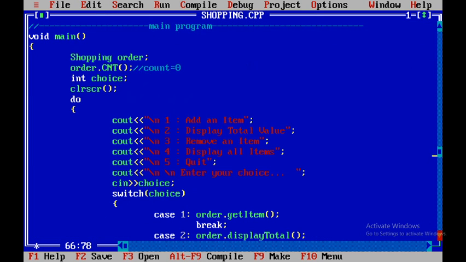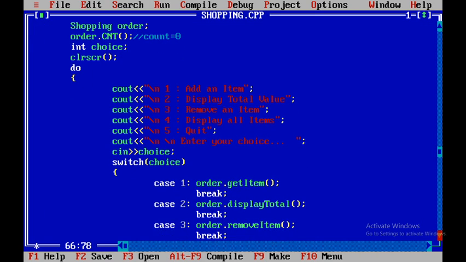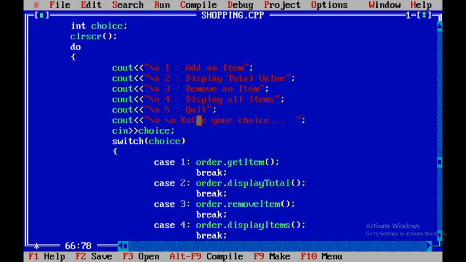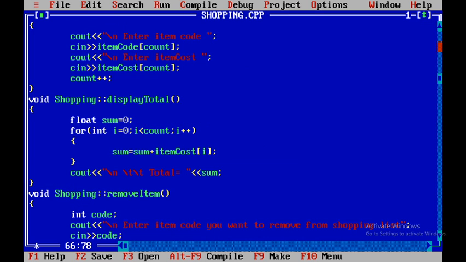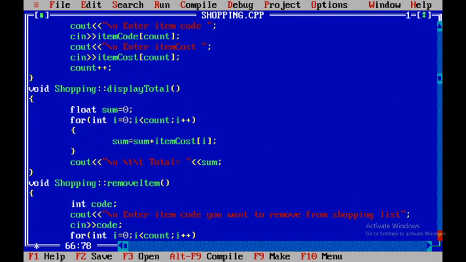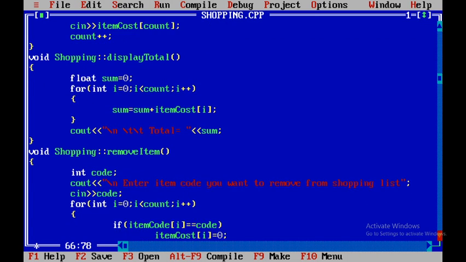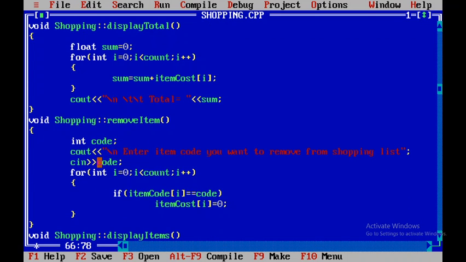Then if the user gives the choice to remove an atom, case 3 will be order, that is the name of our object, dot remove atom. So after that, the remove atom method will get called and executed. The user has to enter the code of whatever atom he wants to remove.